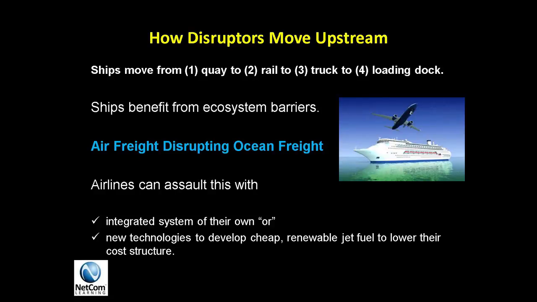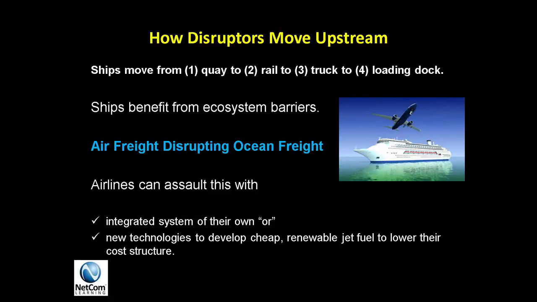Now let's talk about our partial disruption example of how air freight was only a partial disruption to ocean freight. Now ships move from quay to rail to truck to loading dock. So ships, unlike air freight, benefit from their own ecosystem. Now, what would it take for air freight to disrupt ocean freight? Airlines could assault ocean freight and be even more of a disruption if they put in their own ecosystem, if they had railroad tracks right to the airport. Now that would begin adopting the same cost structure as ocean freight, so that would be competition, but it